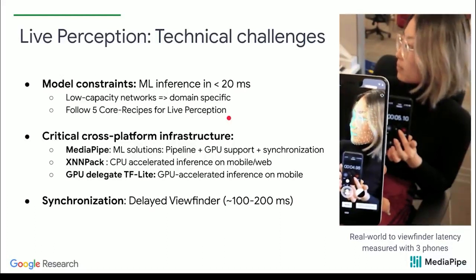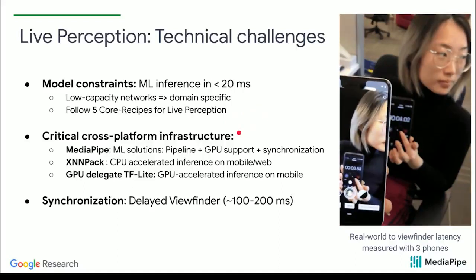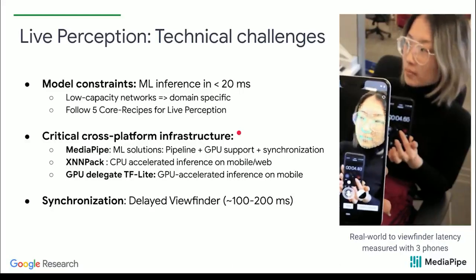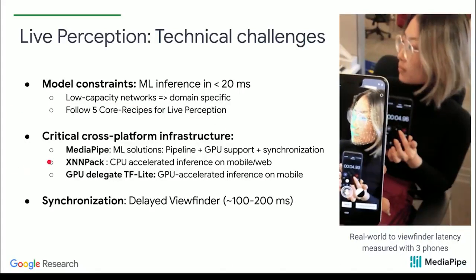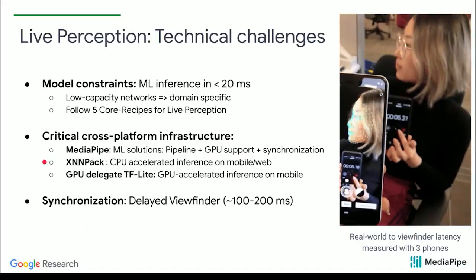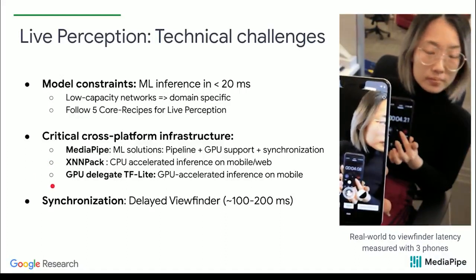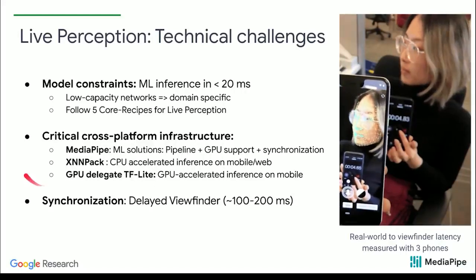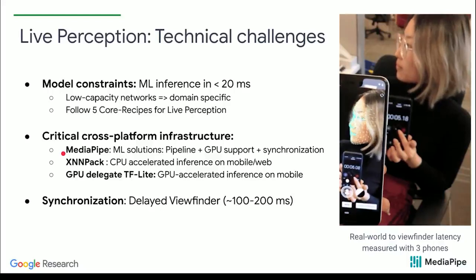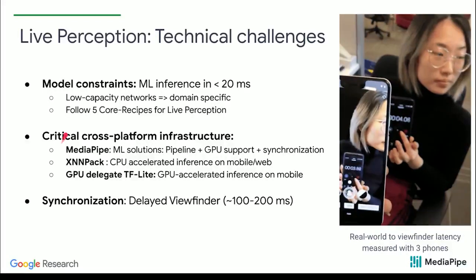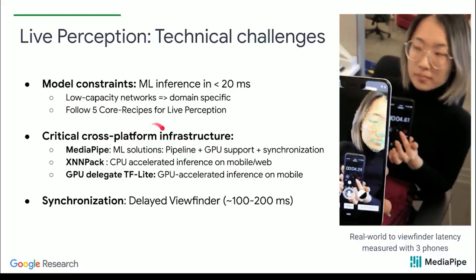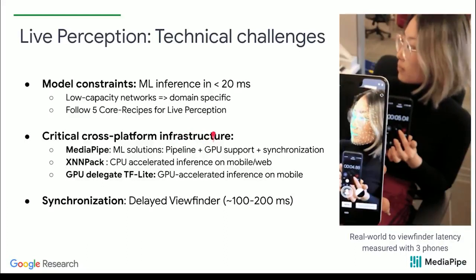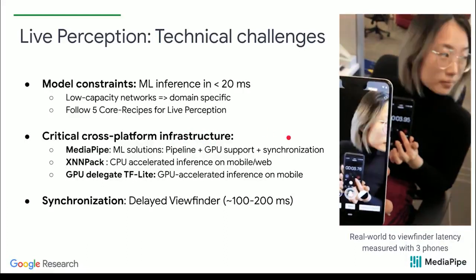Now, it's not just the ML models, it's also critical infrastructure. And they both go hand in hand. Live perception requires cutting-edge machine learning inference, like those present in XNNPack or the GPU delegate of TF-Lite. But there's much more complexity beyond the inference, and MediaPipe makes it simple to deal with that. It's a cross-platform framework for ML solutions, combining pipelines of multiple models, inference, GPU acceleration, and synchronization into one easy-to-use